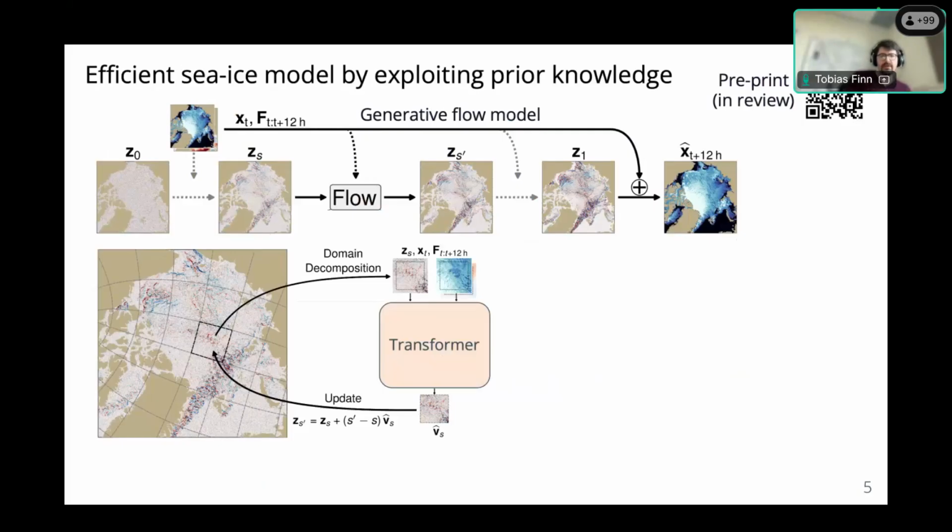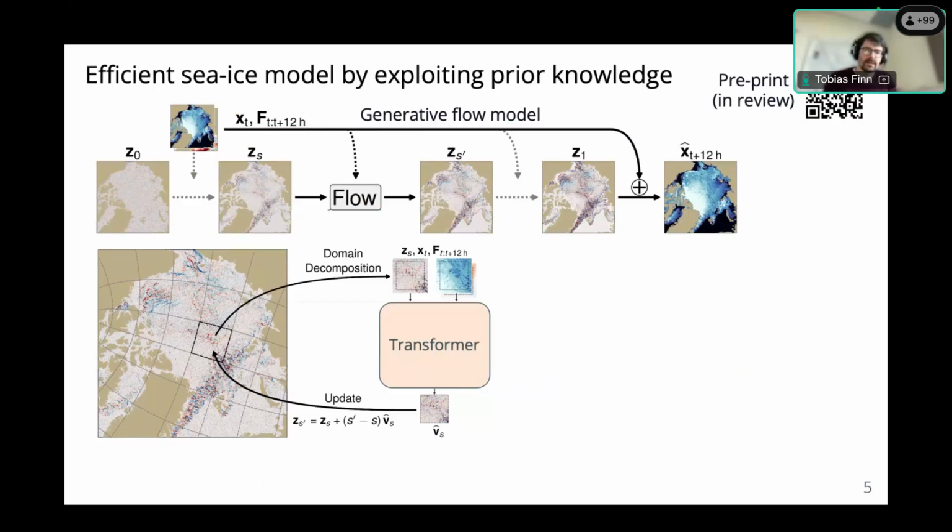So meaning we split the full Arctic domain at a quite high resolution of around 10 kilometers into smaller subdomains with overlaps between the subdomains, and then we feed the subdomains with the overlaps into a transformer neural network, and this transformer then predicts the velocities for each subdomain independently, and then we stitch the velocities together to basically proceed further in the flow.